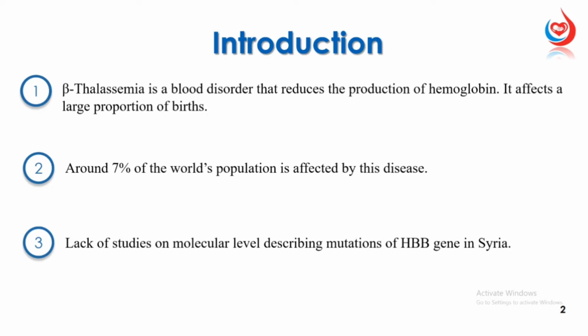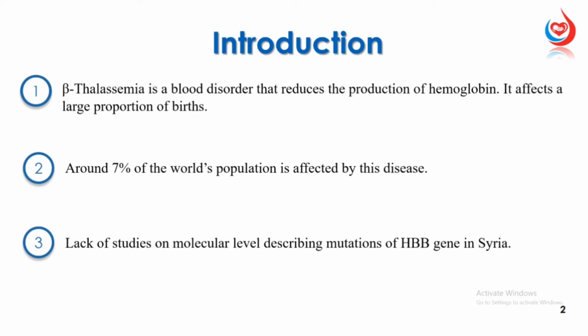Beta-thalassemia is a blood disorder that reduces the production of hemoglobin. It affects a large proportion of births. Beta-thalassemia is characterized by reduced or absent beta-globin chains in the Hb molecule. Around 7% of the world's population is affected by this disease, which is highly prevalent in tropical and subtropical regions,